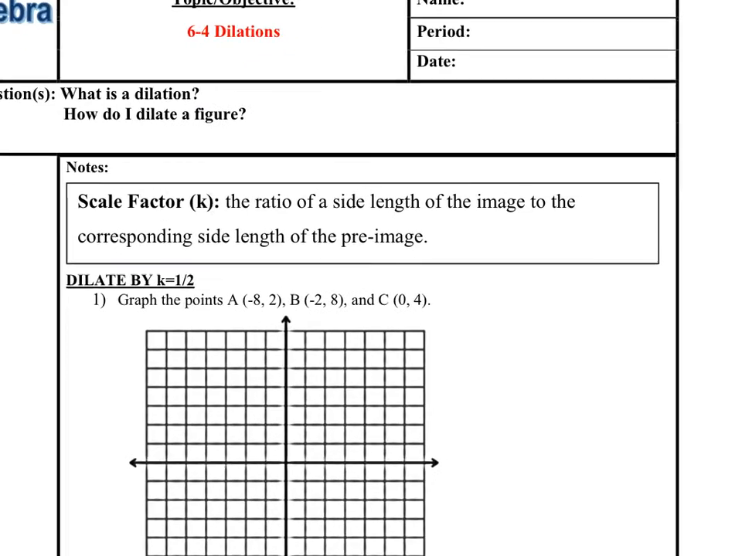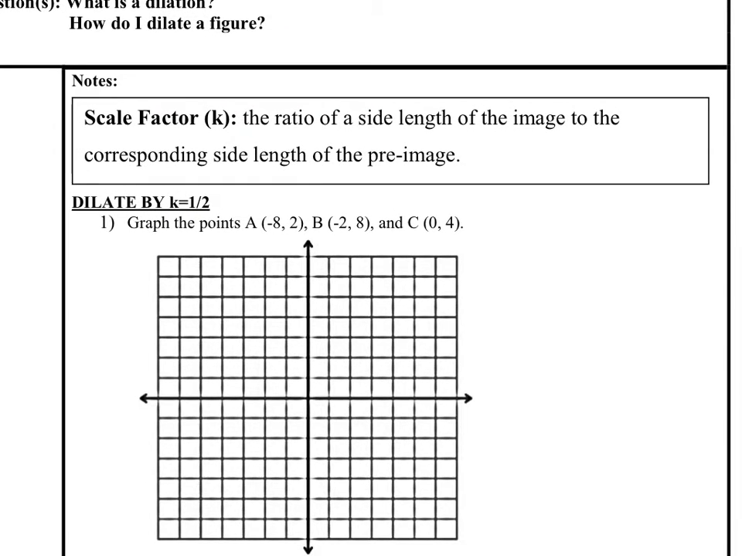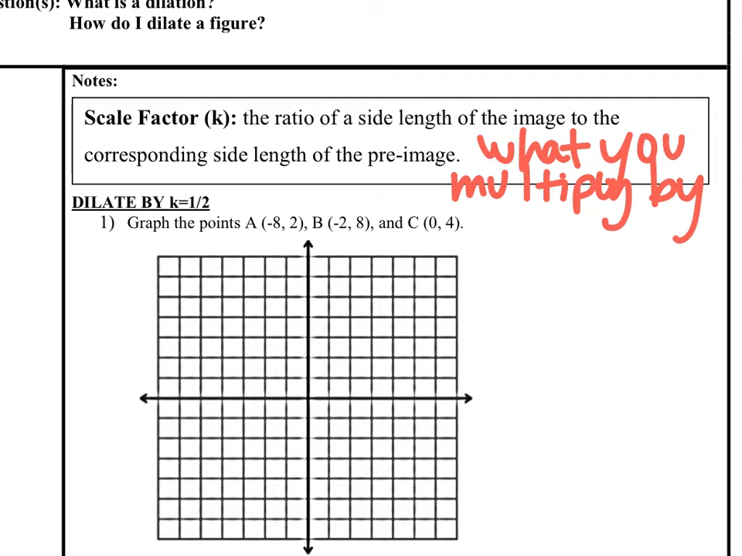So scale factor, that's the fancy definition. More relatable definition, what you multiply by. Multiply the sides by, basically. So when we dilate, we're going to multiply by a number that makes it bigger or a number that makes it smaller. We either stretch the shape and make it larger, a larger version of itself, like in Ghostbusters,